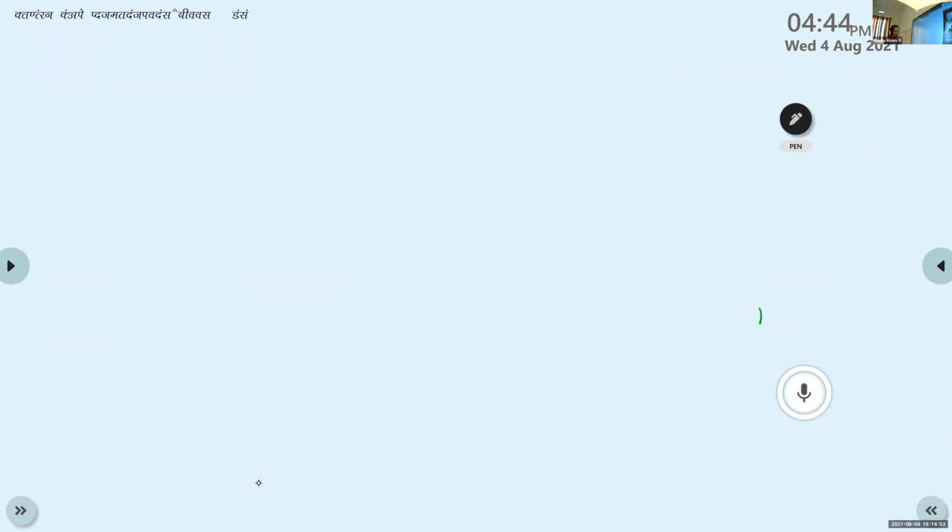Nestle, how can we find the square? What is the equation for finding the square? Tushar, completed? No, ma'am.